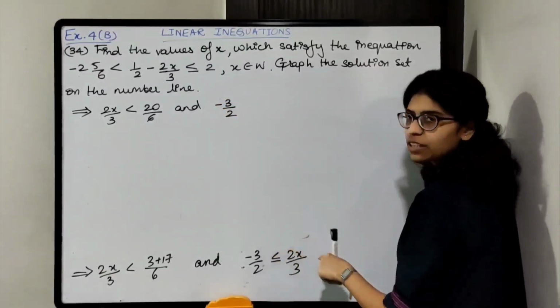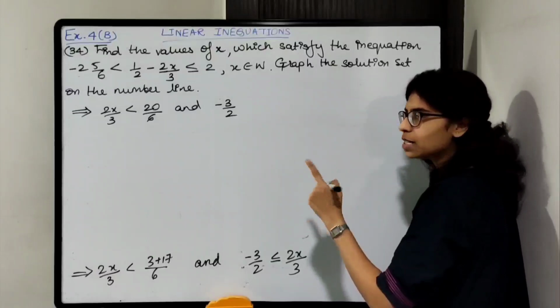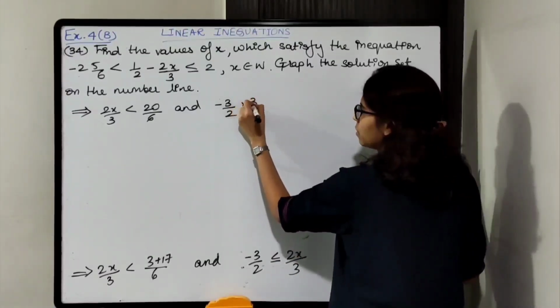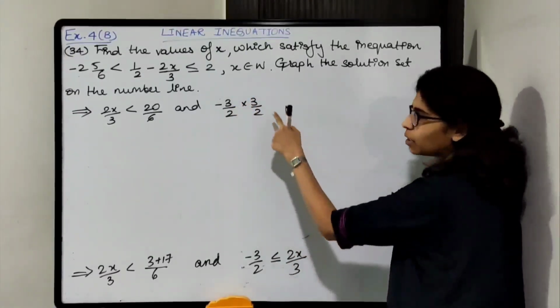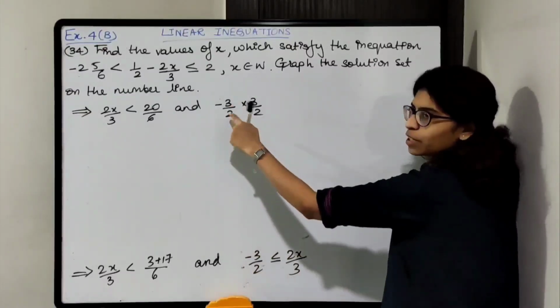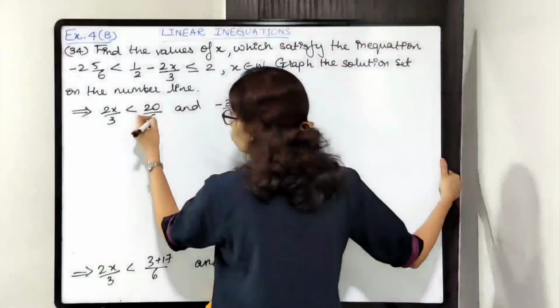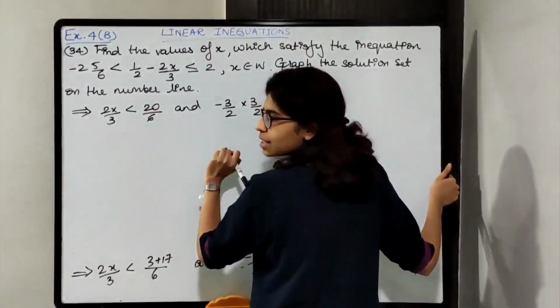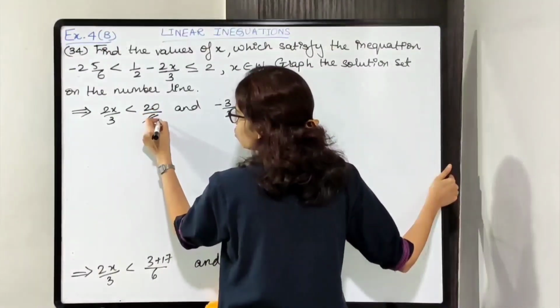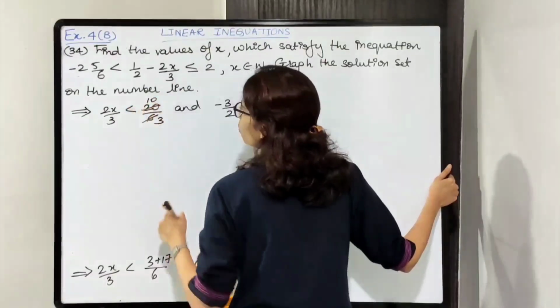we'll shift 2 by 3 to the other side, so it becomes 3 by 2, reciprocal when you shift to the other side. Okay, so 2 by 3 will become 3 by 2 and this minus 3 by 2 as it is less than or equal to x. Over here I can cancel by 2, we can divide by 2, so 2 3s are 6, 2 10s are 20, the common factor is 2.